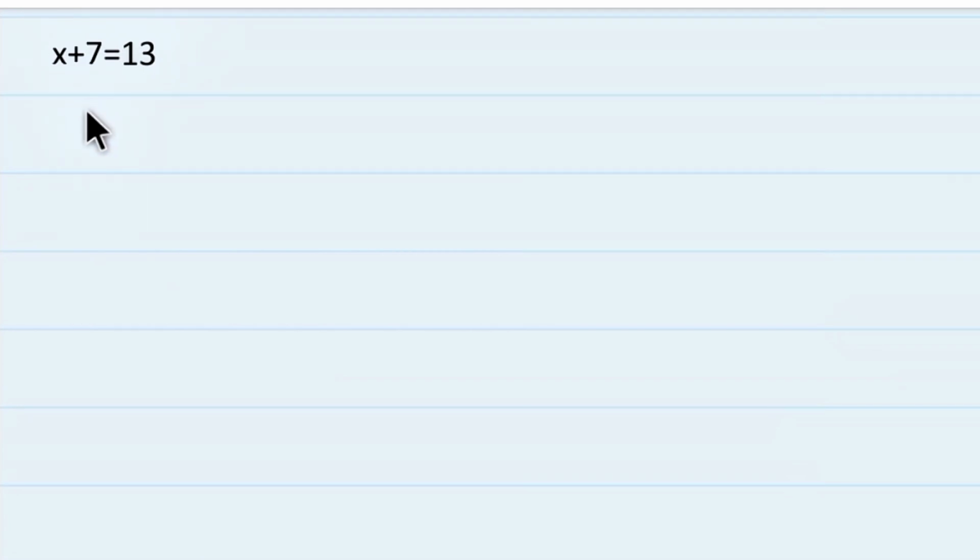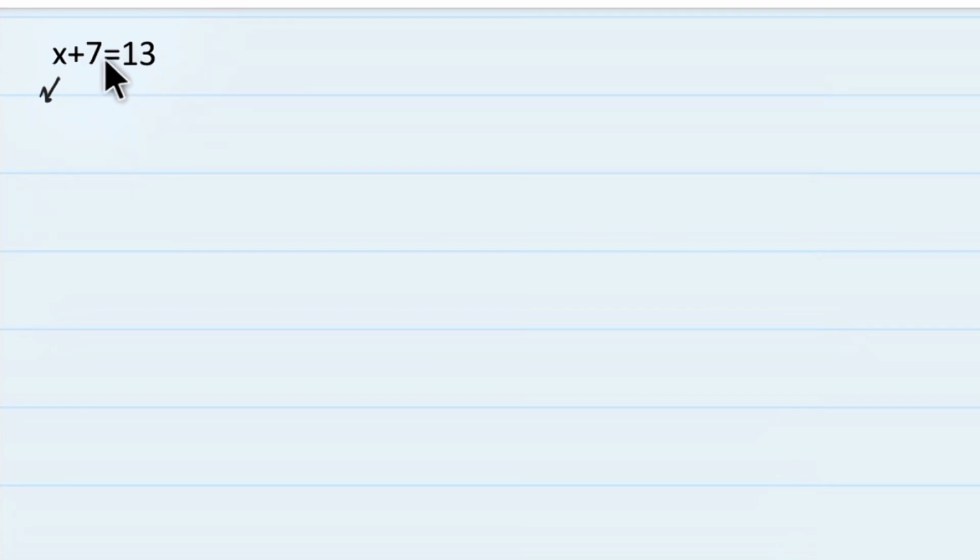Now we will solve the linear equation using the properties we have learned. We have already learned what is meant by solving an equation. By solving an equation we mean to find the value of x. That is, we have to isolate x on one side of the equation. Now we will isolate this x on the left hand side. To isolate it, to get rid of 7 from the left hand side, we will add its opposite to both sides.